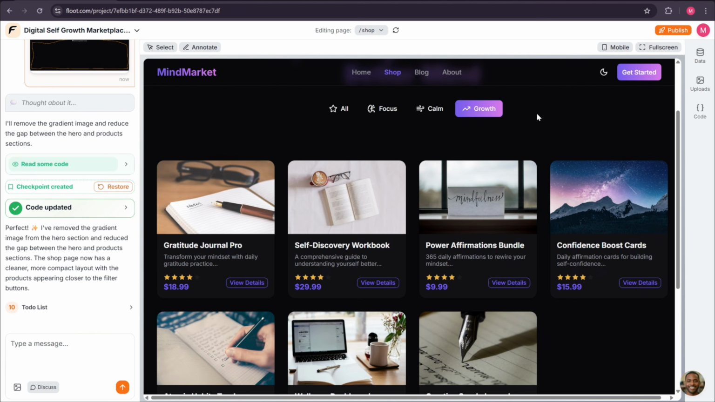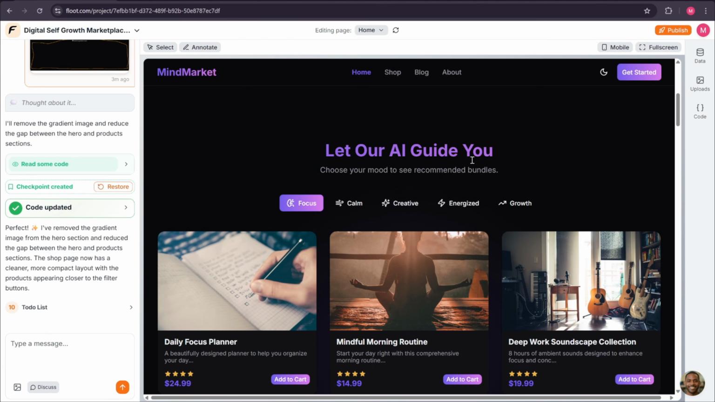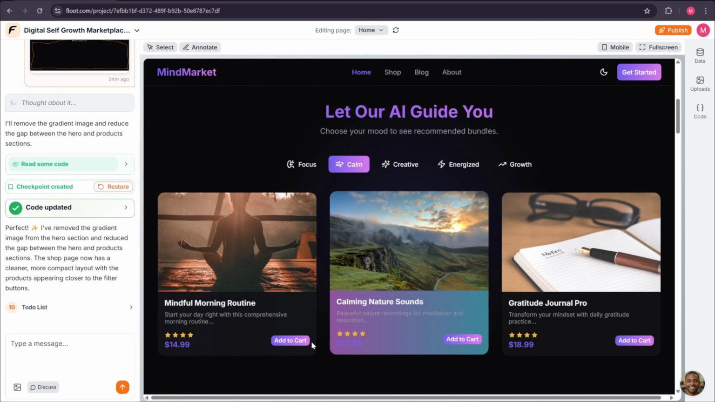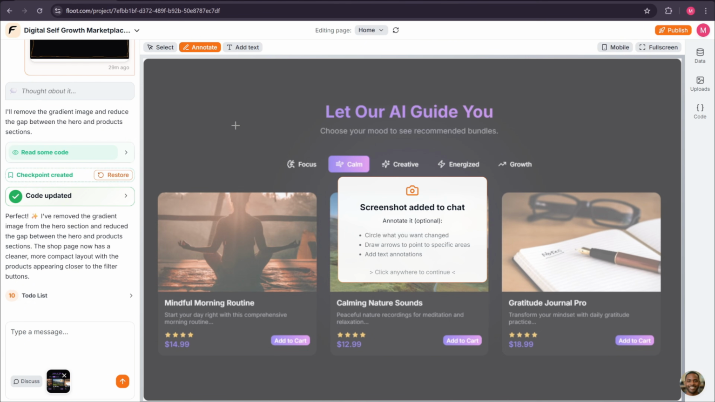Now, let's say on our homepage, a user is exploring the website and wants to purchase one of our products. As you can see, these add to cart buttons don't work yet, and we don't even have a shopping cart icon. But no worries, we can easily add this feature using the annotate option again. So let's target our add to cart button,